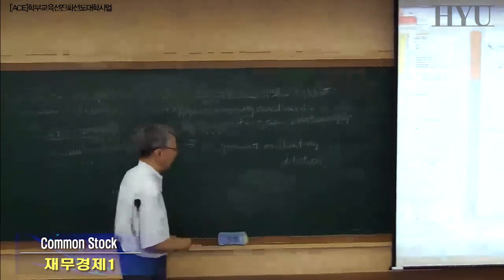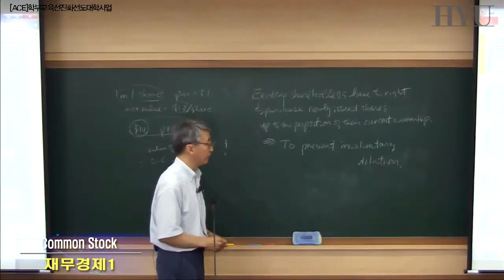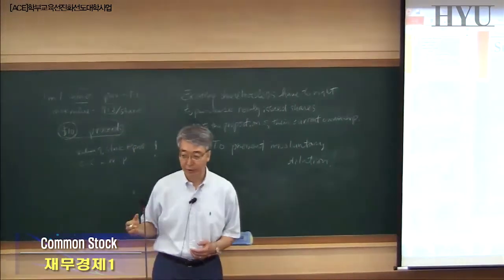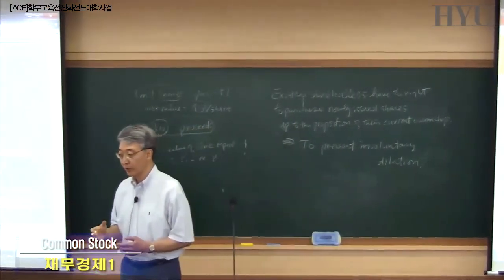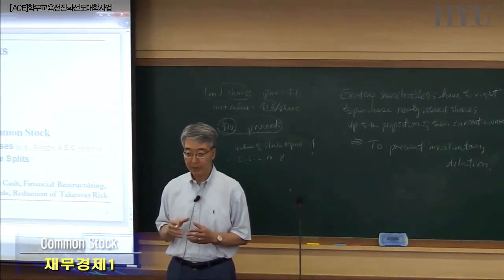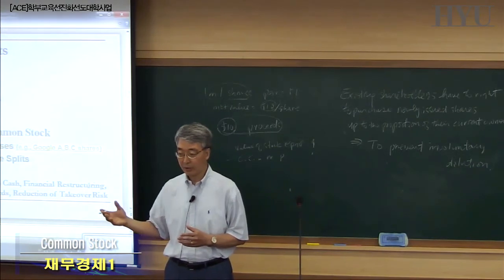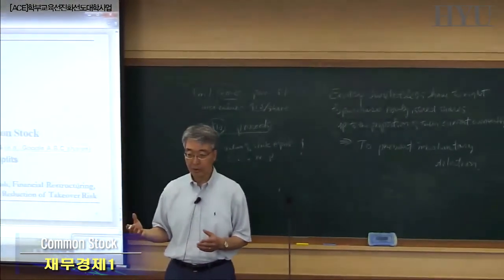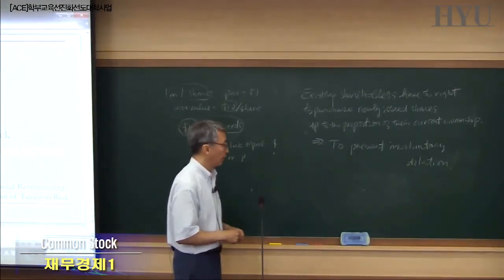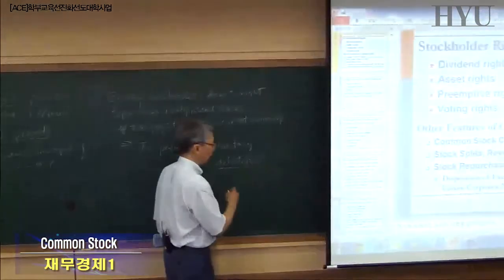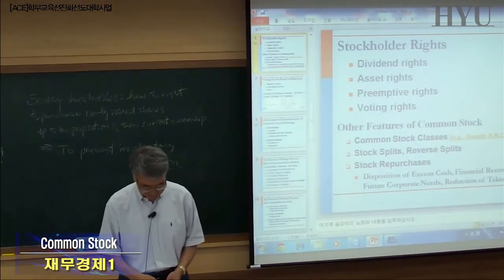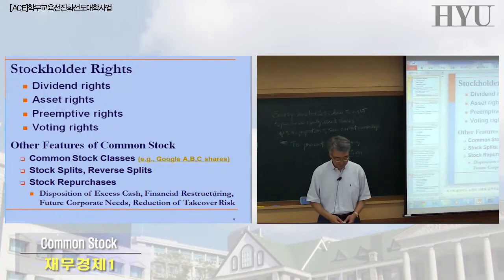What that means is, if this does not happen, if the company issues new shares and just freely sells them to the public without offering them to the existing holders first, then your current share of 5% can be diminished. If the company issued new shares, now your share is not 5% anymore. It can go down below 5%. That's the idea of dilution. Okay, preemptive rights.